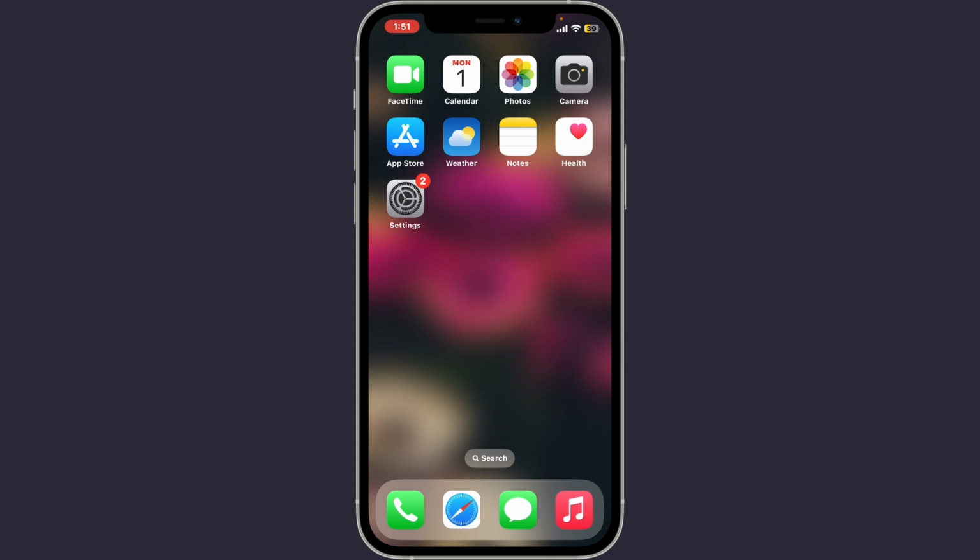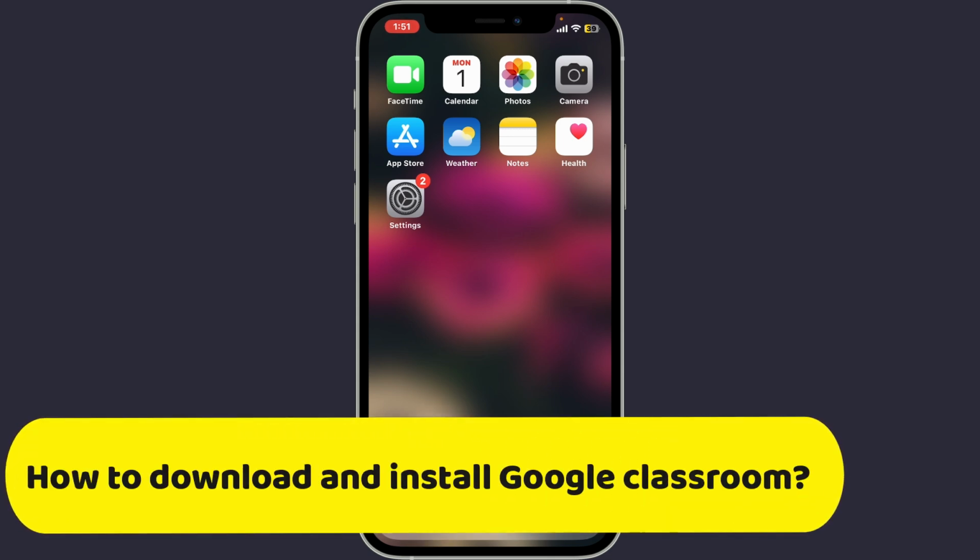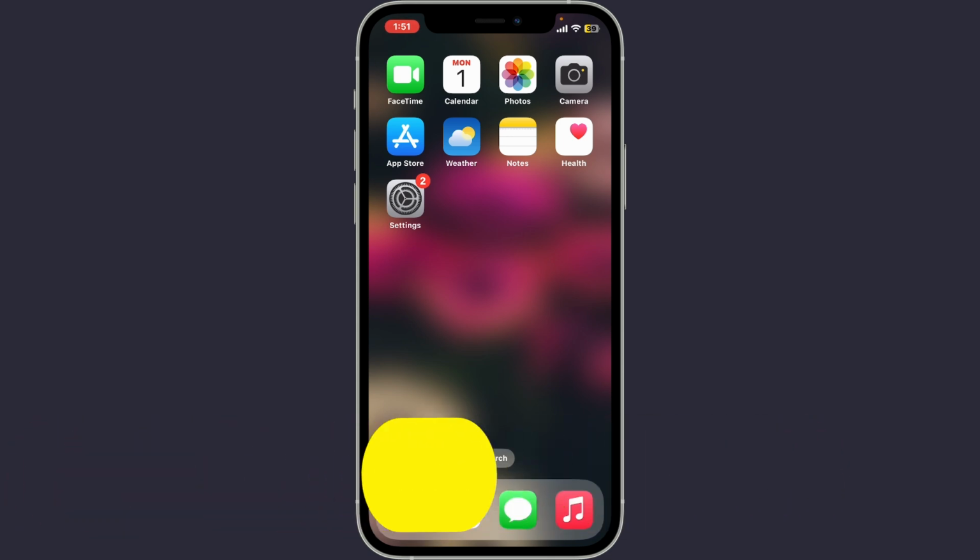Today in this episode we will be learning how to download and install Google Classroom application on your smartphone. Whether you are using Android or iOS, this process will guide you through the correct steps. First of all, go ahead and find your Android or iOS device and then make sure that they are connected